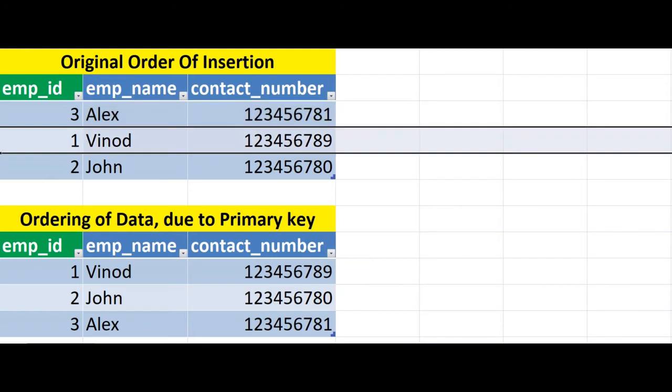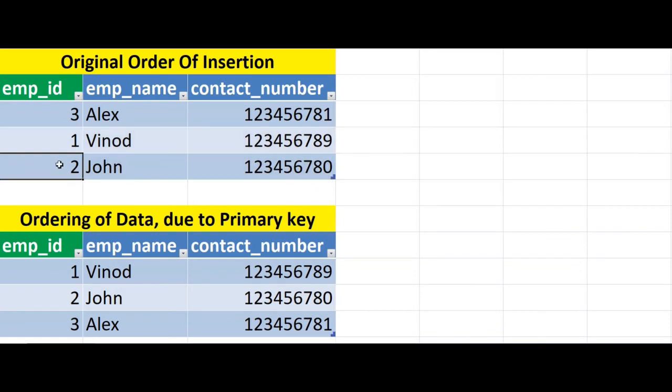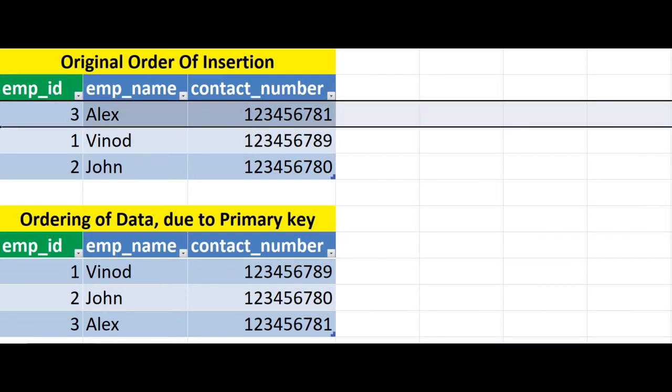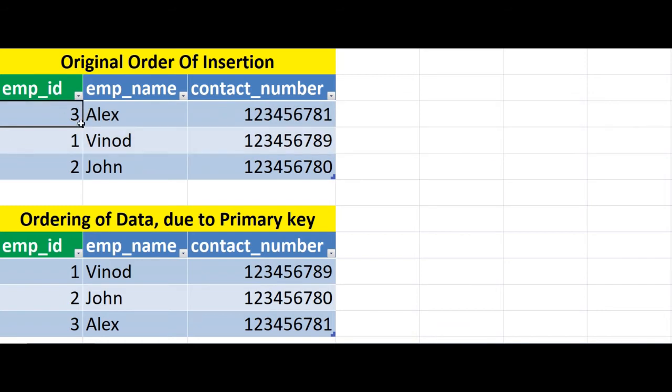Then I'm inserting a record where employee ID is 1. And at last I'm inserting a record where employee ID is 2. So I have a table TBL employees in which employee ID is a primary key, and I have inserted the records in this order: first employee ID 3, then 1, then 2.